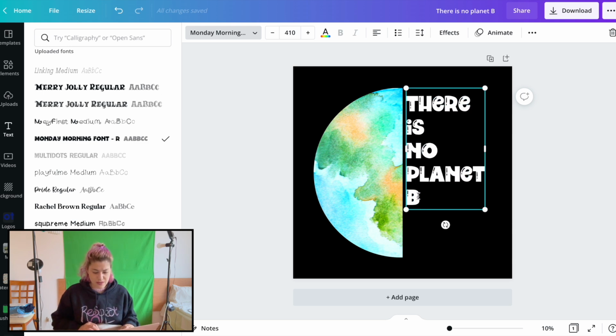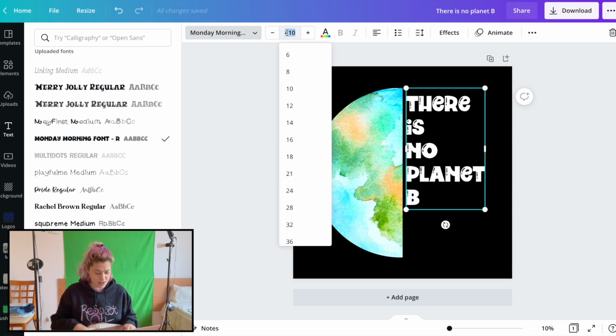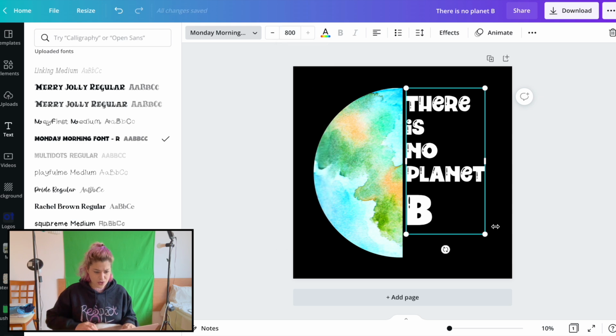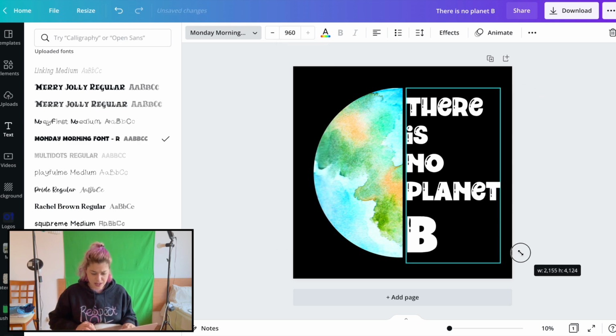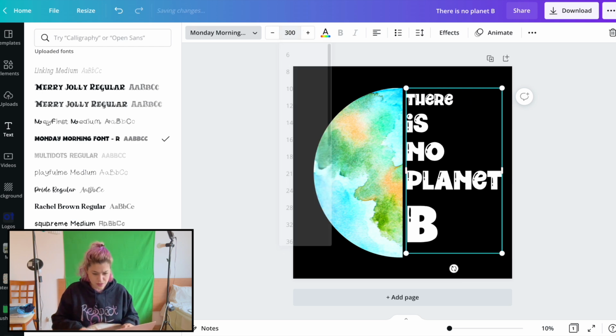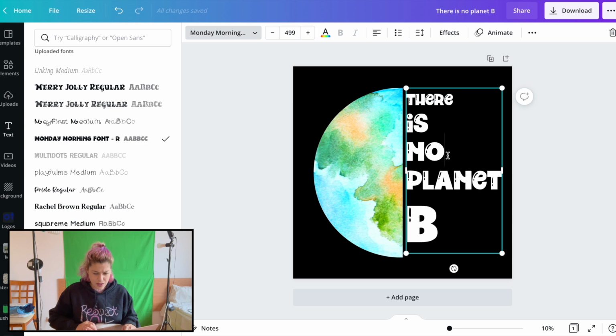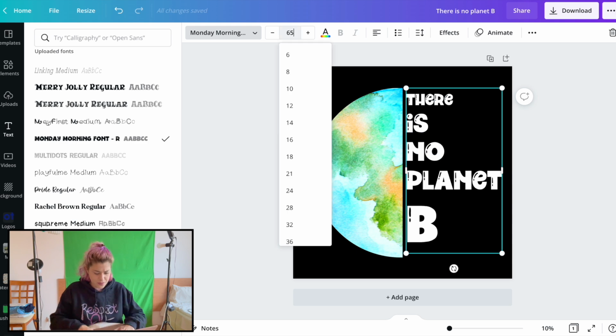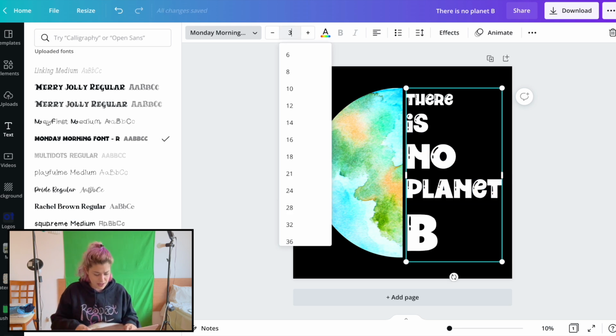Let's just try and edit the sizes of these individual things. So I want the B to be huge. That's 800, that's the biggest. And let's make "there" smaller. I want to make the "no" bigger. The "planet"